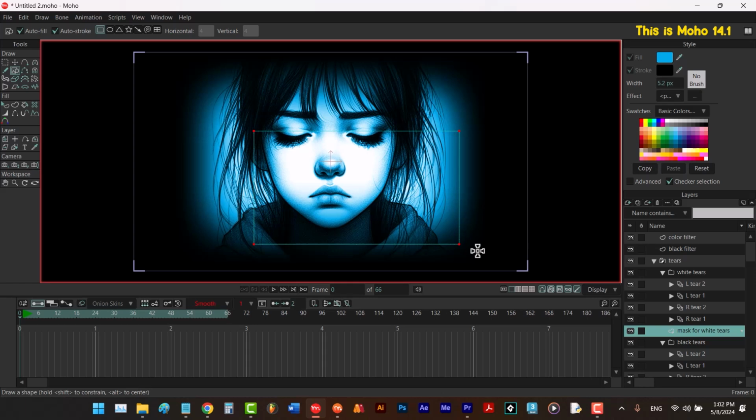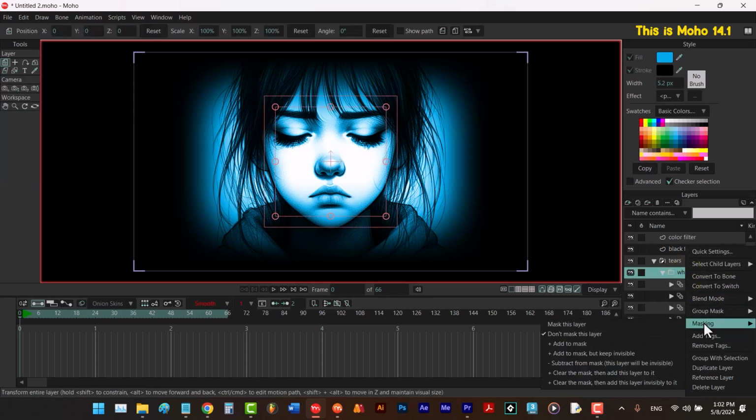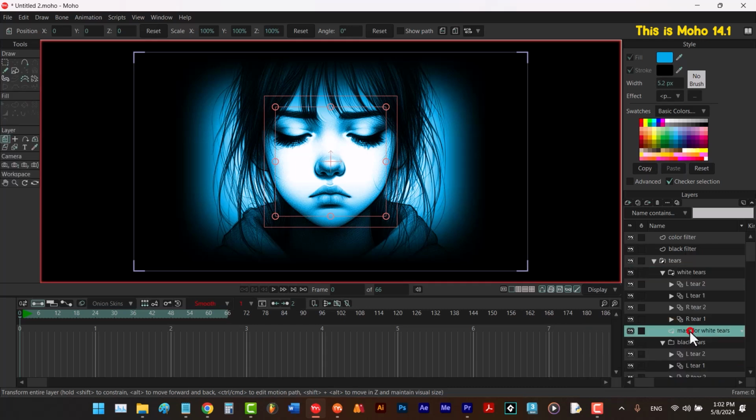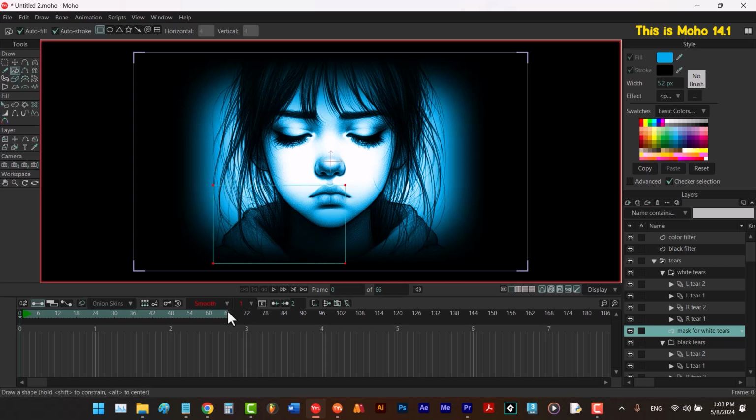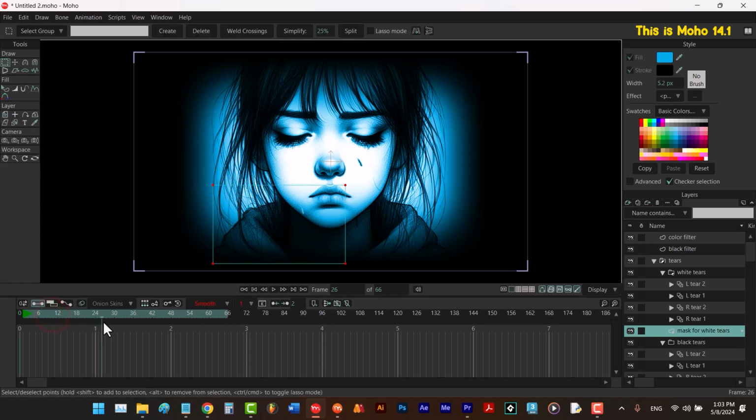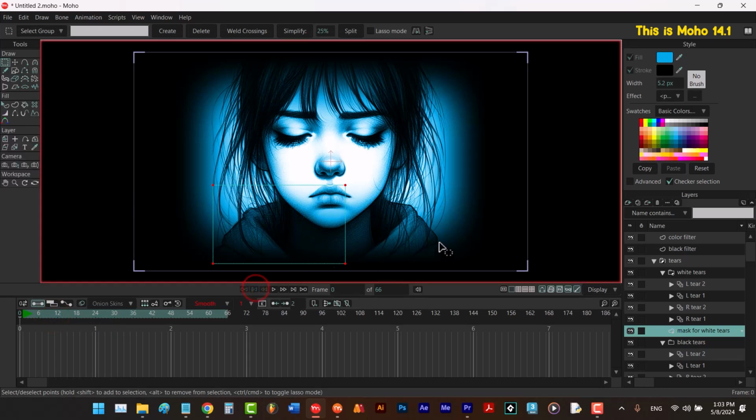Let me hit Ctrl Z again. The next thing that I want to do is mask this group to be inside this area. So I'm gonna right click on it and mask it by going to Masking and choosing Mask this layer. Now as you can see, if I for example draw a shape inside the layer of my mask, any tears in this layer will be bright instead of dark. I'm gonna go back to frame 0 and hit Ctrl Z,